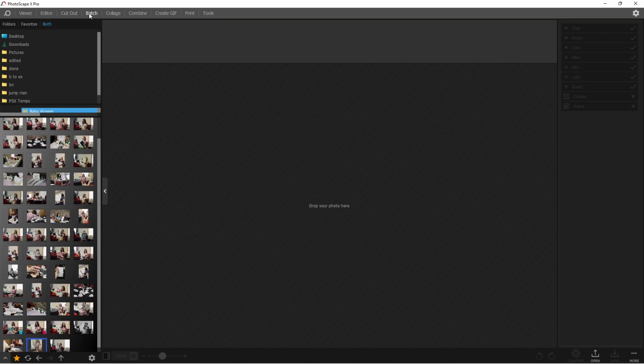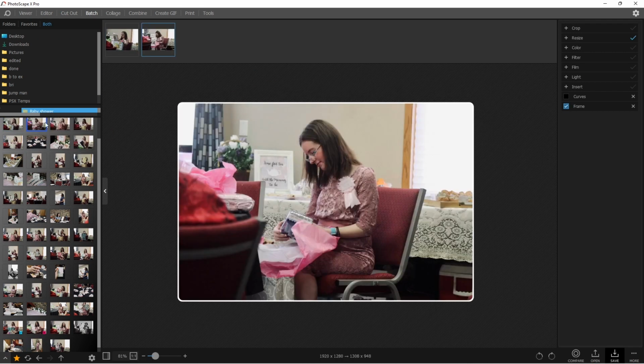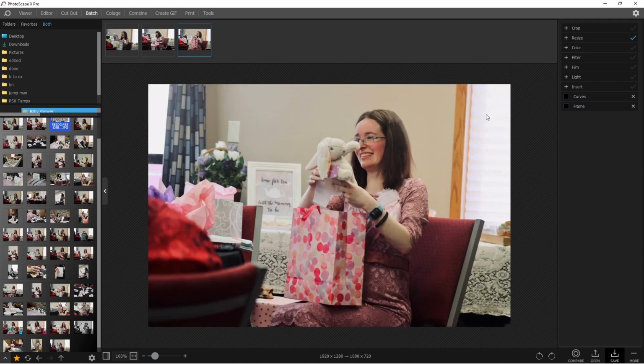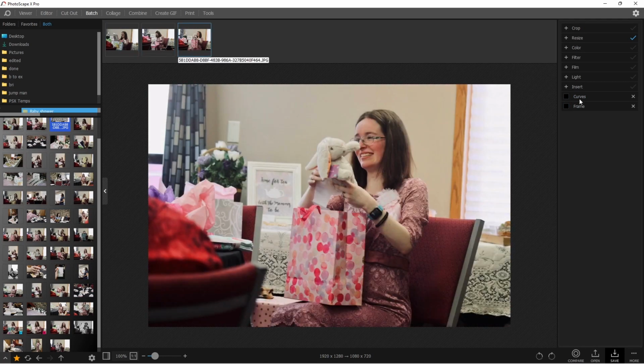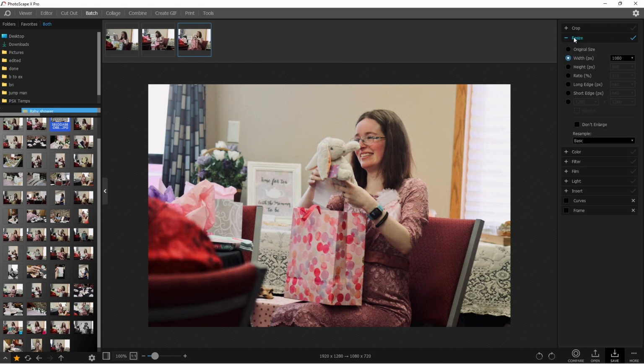If we hop over here to the batch tool, what the batch tool does is, let's say you have a bunch of different images that are all the same, like, here's my wife, here's my wife, here's my wife, all about the same. Let's say you said, hey, I want to crop all these to be a square. What's awesome is that you can actually go to crop,